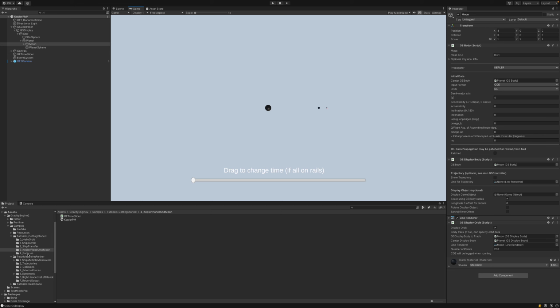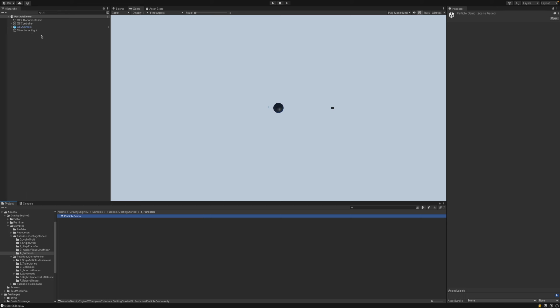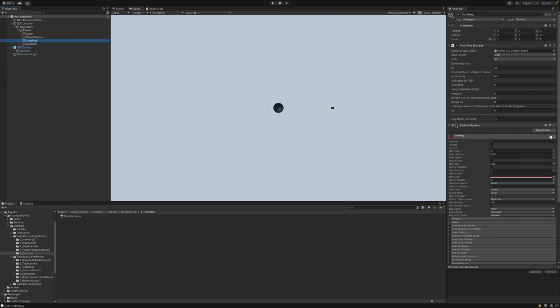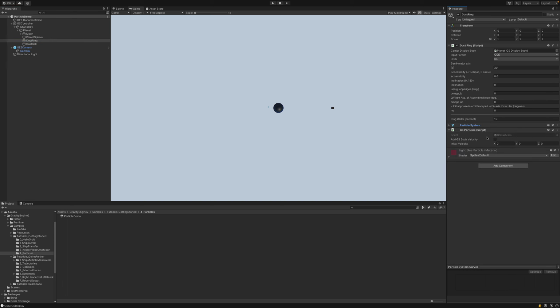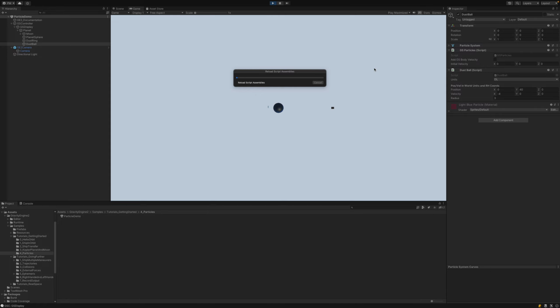The final scene in this Getting Started folder is a particle demo. The idea here is we can add Unity particles. So we do have a full-up Unity particle system, but it's coupled with a GS particles object and, in this case, an initializer that says let's put the particles in a ring around the planet with a particular orbit, or alternately we can have a ball of particles. And then when we go ahead and play,